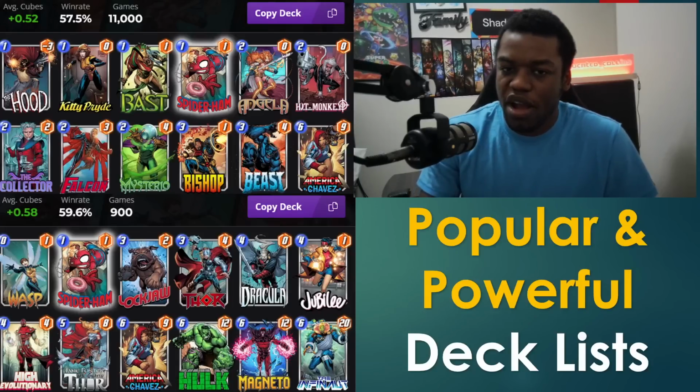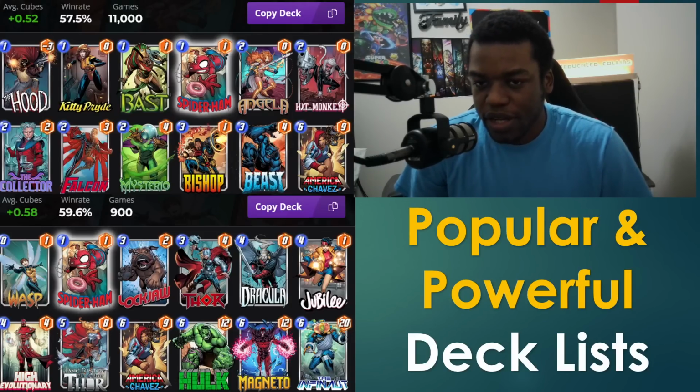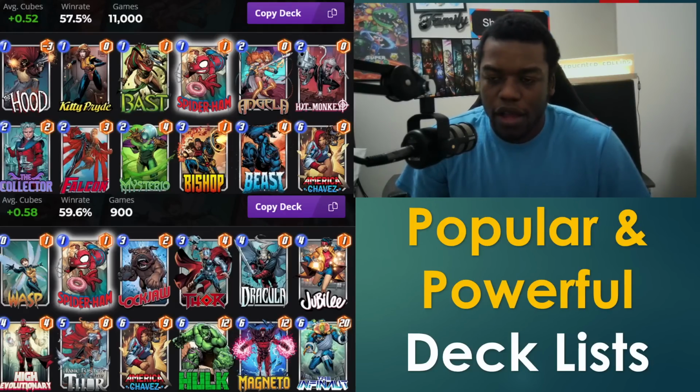Now, when it comes to powerful and popular deck lists, I would say Kitty is the most used deck for Spider Ham. It just fits in very easily. You can bounce it, play it again, and so on. It's very useful in that respect, but you can also use it in Lockjaw. This one has a pretty high win rate as well,